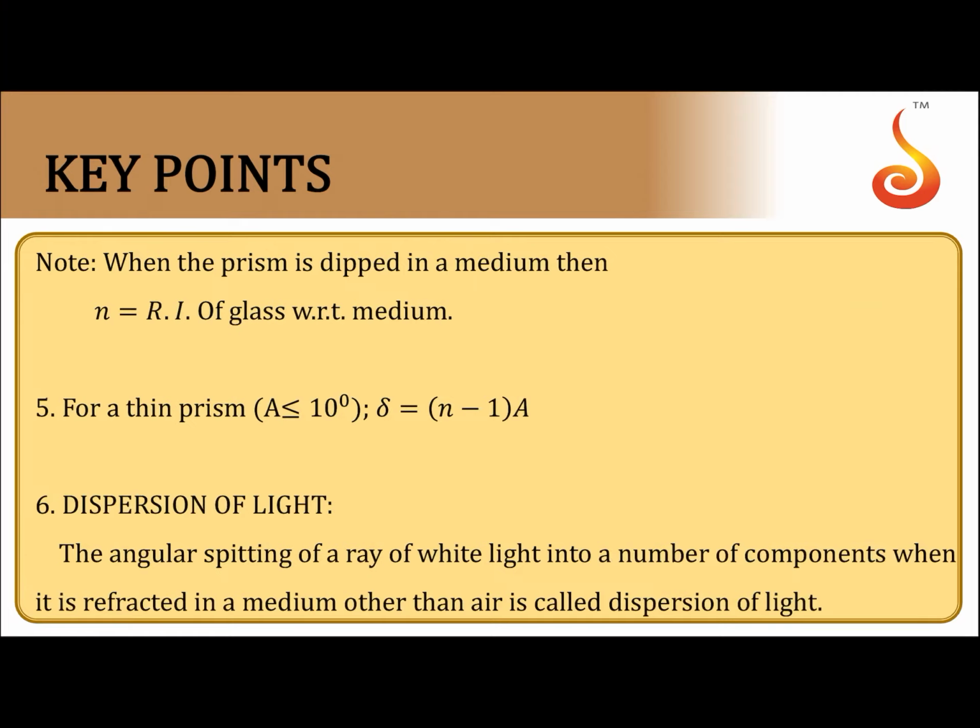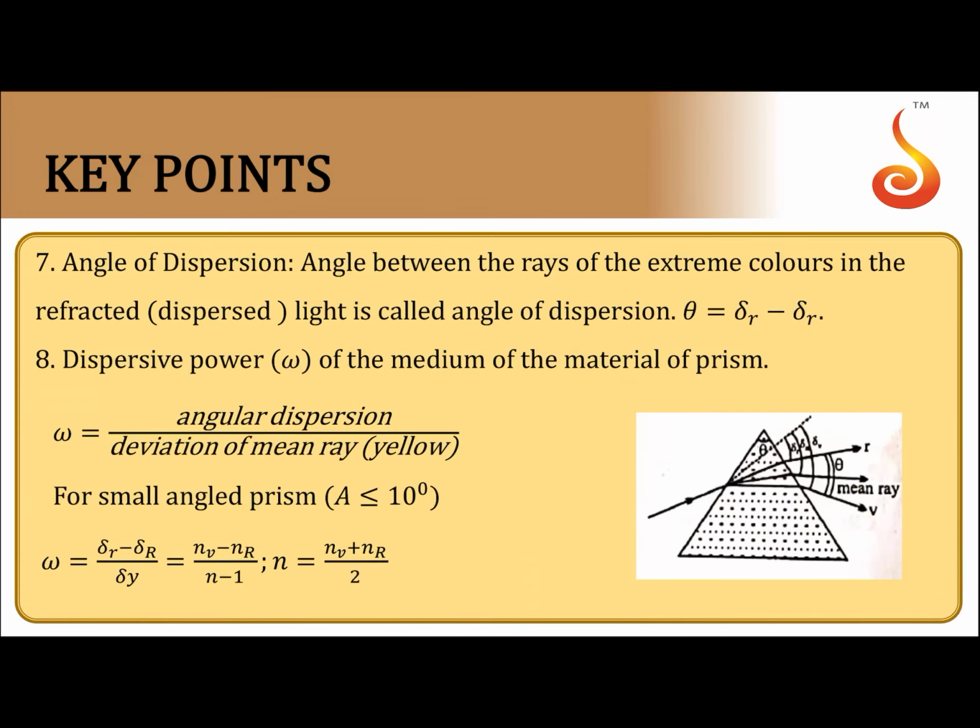And for a thin prism, deviation can be given by (n minus 1) into A. Dispersion: now come to another very important phenomenon of light. Angular splitting of a ray of white light into a number of components when it is refracted in a medium other than air is called dispersion of light. Angle of dispersion is delta V minus